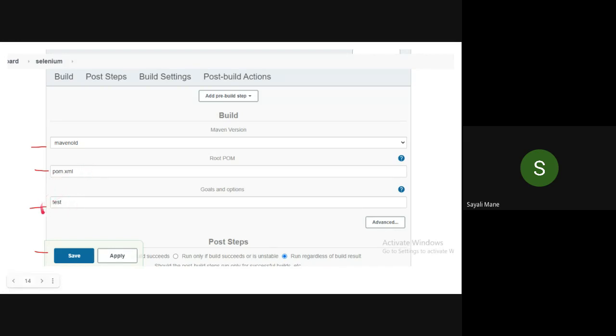You just have to write down the command or goal, that is test. Maven version is not available. Not getting the Maven version. So are you getting these 2 options, root POM and the goal and option? Yes, okay. So try to fill it, pom.xml and test.